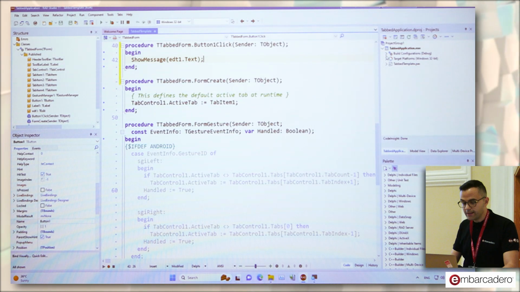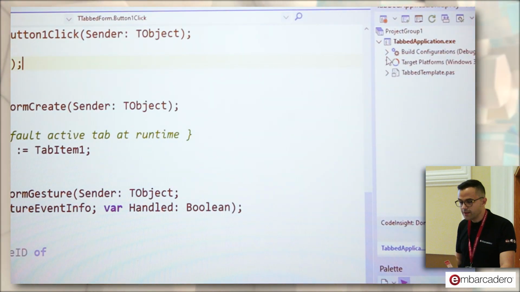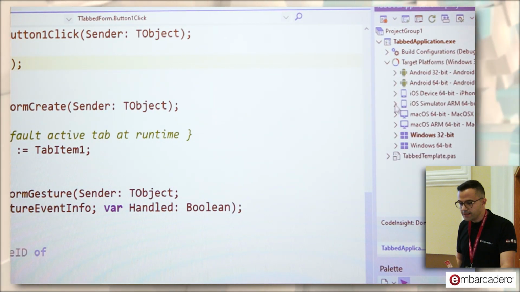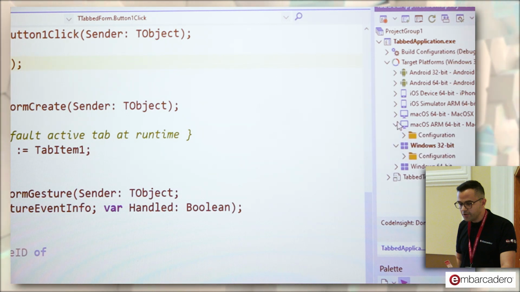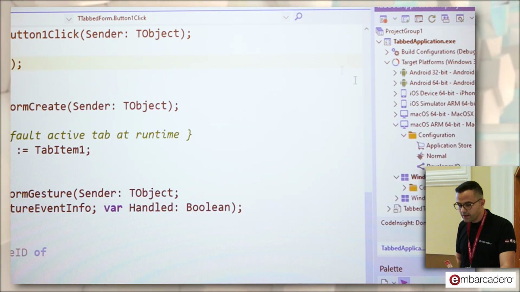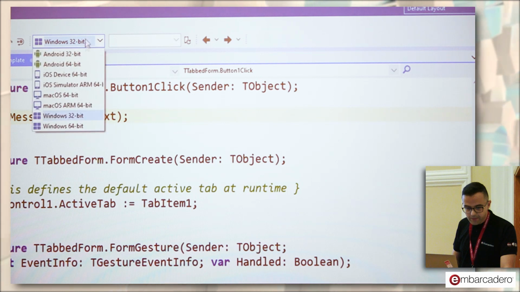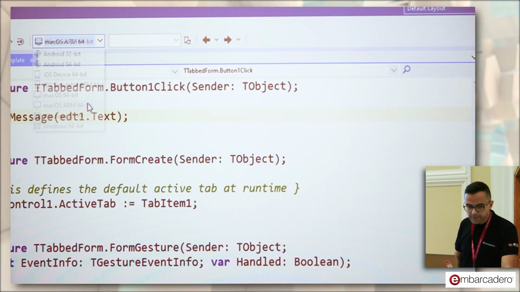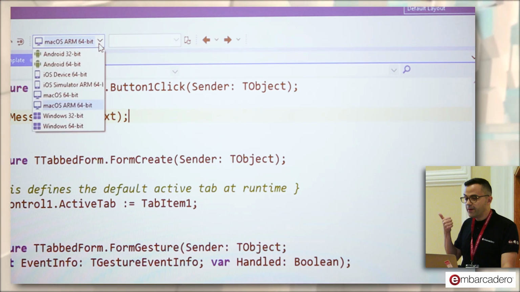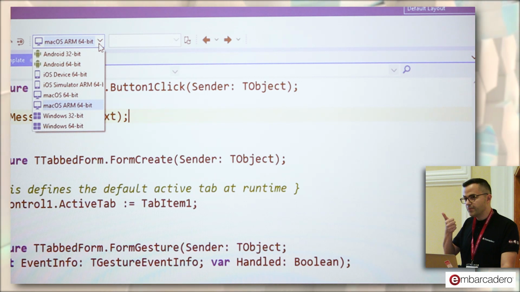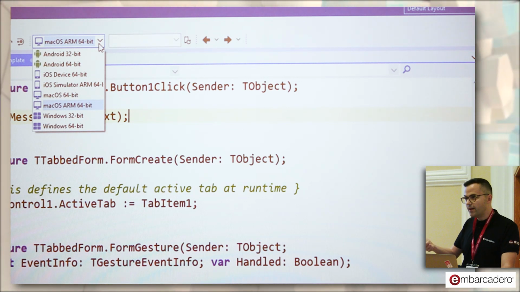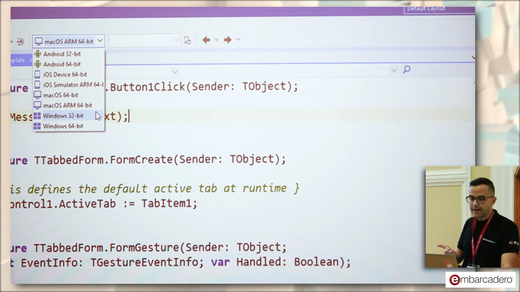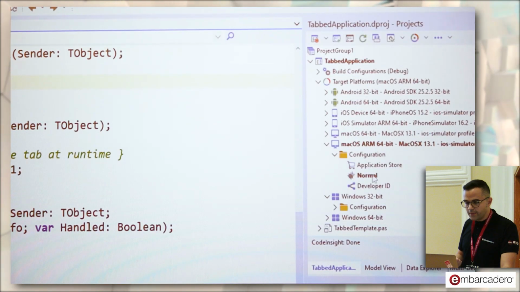For example, I created this new project, and the platform is already pointing to macOS. Let me change to macOS ARM, because obviously we can compile not only for macOS, but for Intel macOS and ARM macOS as well. In this case, I need ARM.